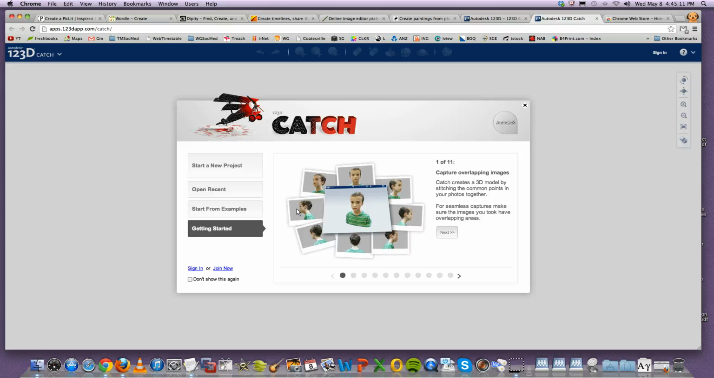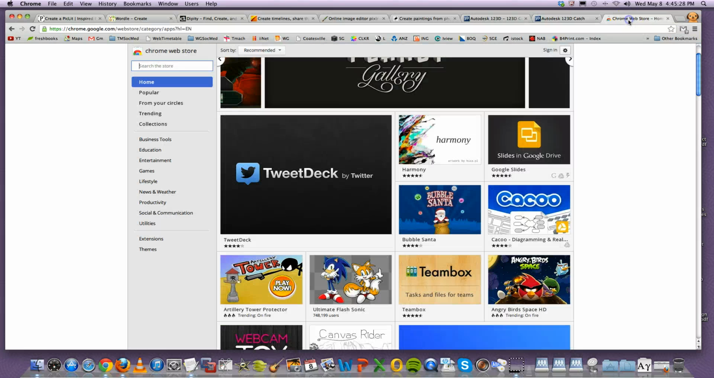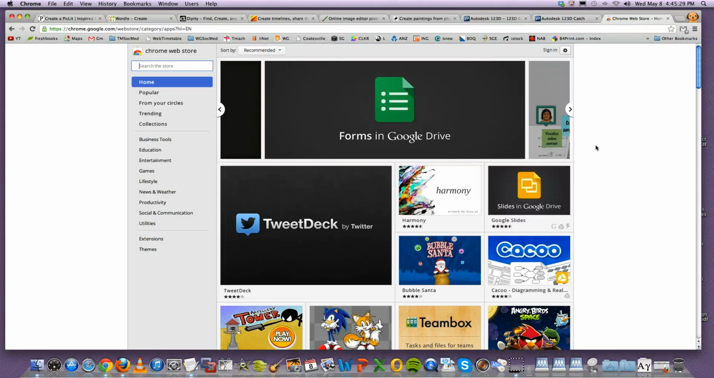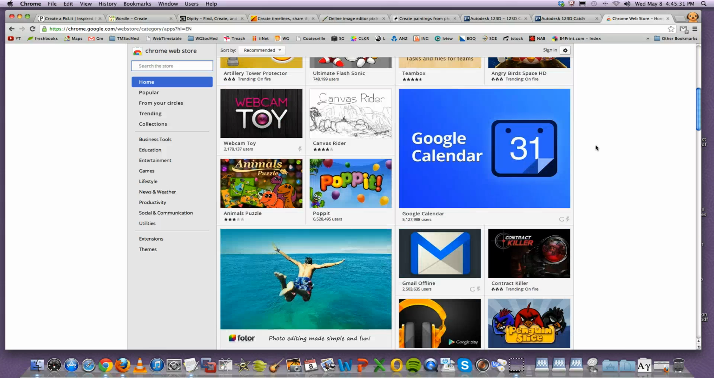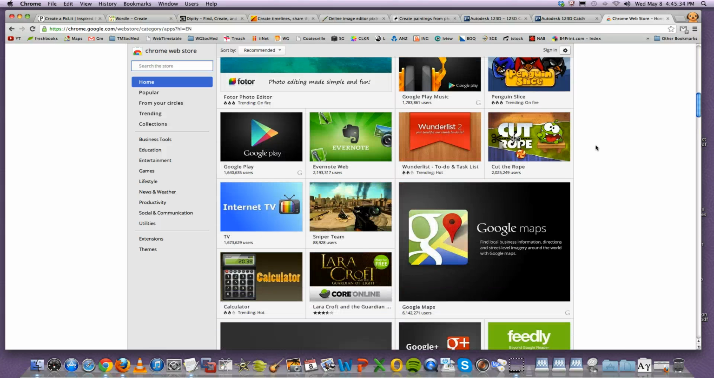If you're trying to explain something or you wanted to show off an object that you were discussing, creating a 3D all-around image of it might be an interesting diversion, an interesting point of difference. And also have a look at the Chrome Web Store. There's literally thousands of apps in here that you can